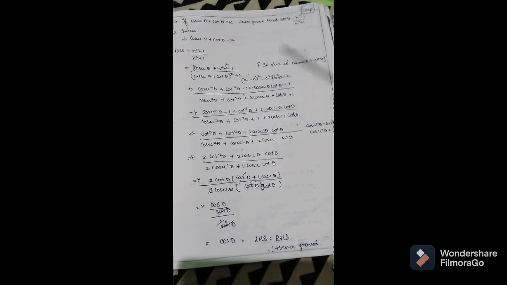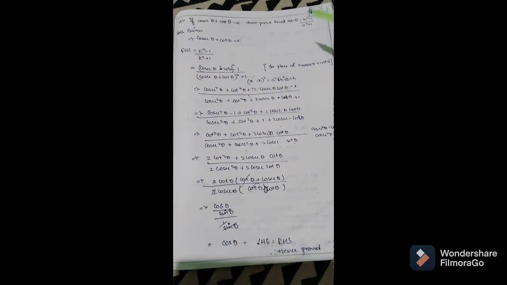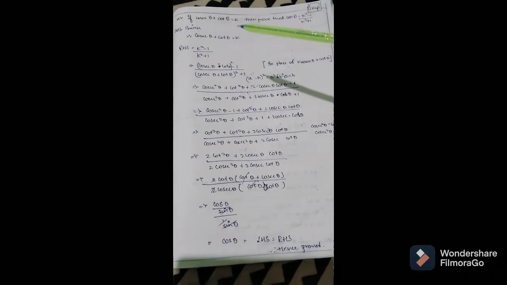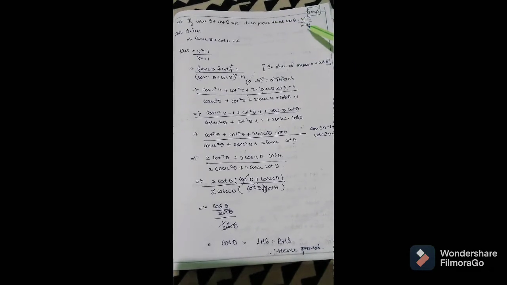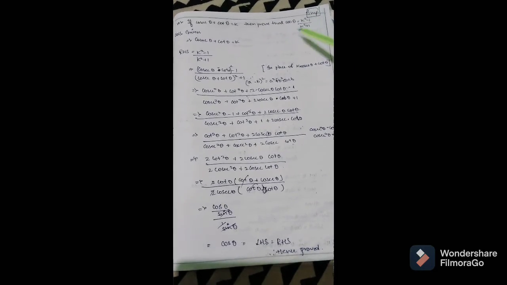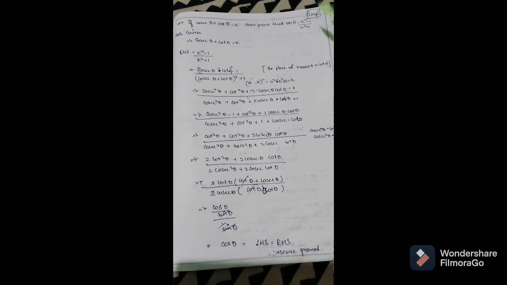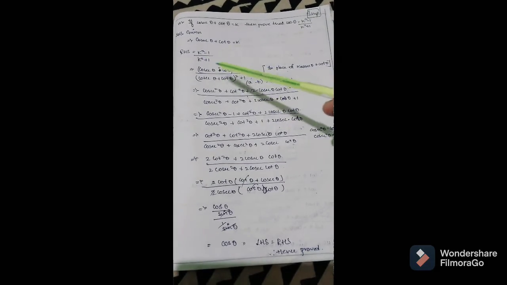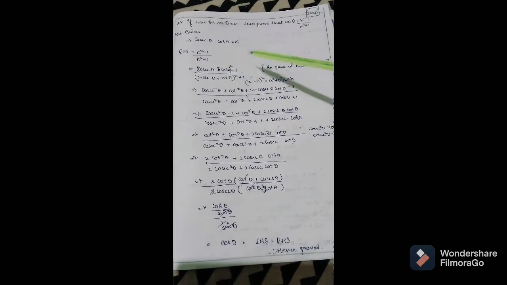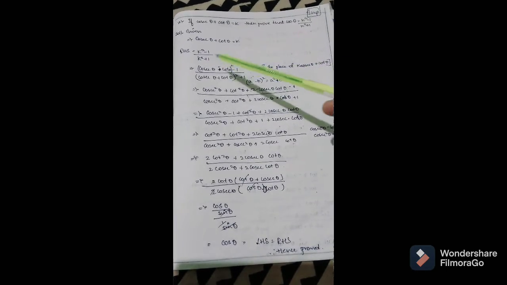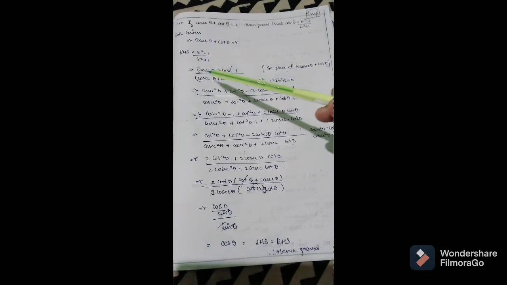So first we will start with the RHS. Usually in every problem we prove the LHS, but in this problem we shall work on the RHS. That is, RHS is equal to k square minus 1 by k square plus 1. So we write that as it is. Then when we work out the RHS, the LHS will come. So k square minus 1 by k square plus 1.